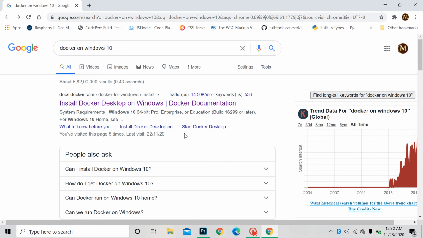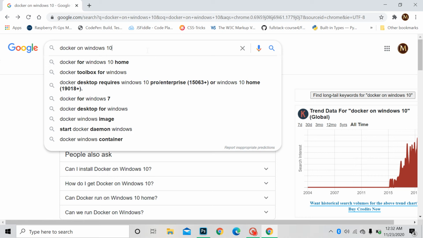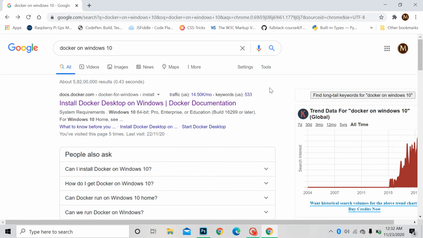Today I'll be showing you how to install Docker in the Windows machine. Docker is a very popular platform nowadays, and it's a huge platform. You can say it's a container, not a platform. If you have to install it on your Windows, there are some steps, and I am facing some errors also, so today I'm gonna reveal them.